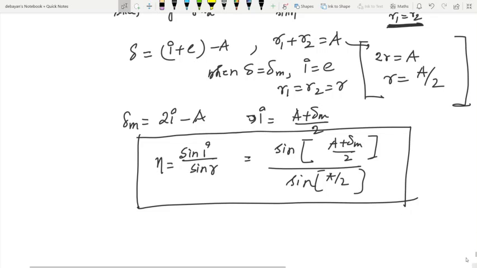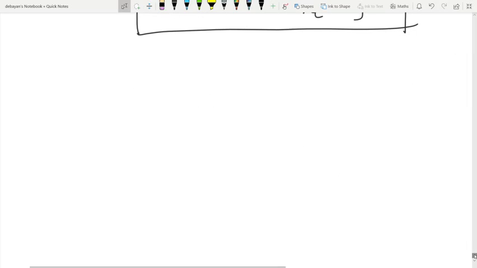That phenomenon is known as the dispersion of light. So the phenomenon of splitting of white light, that means a polychromatic light,